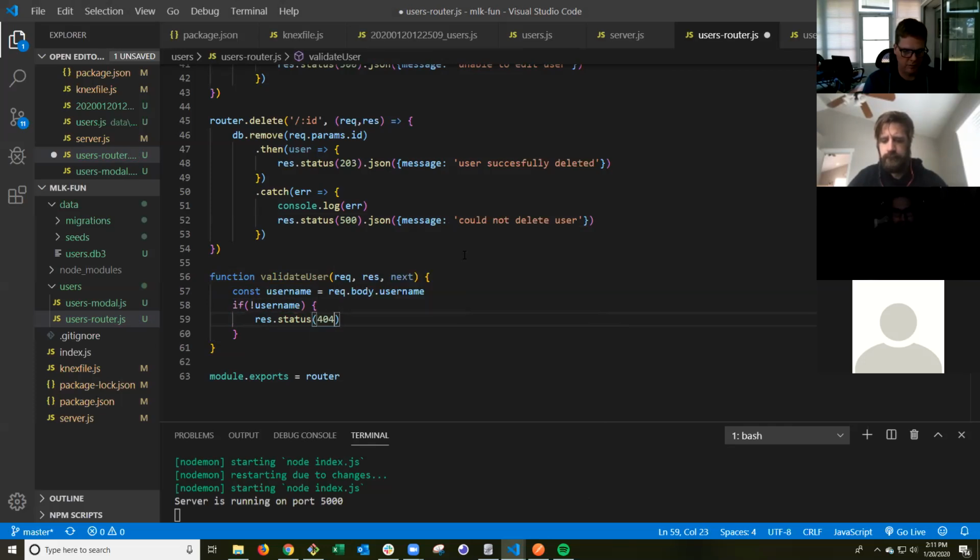Yeah, we'll call it 404, maybe 403. JSON. And basically we're checking to see if the username is in there. So it's going to be a pretty valid, elaborate function that we're writing. So if the username doesn't exist, we're going to return a JSON message that says,